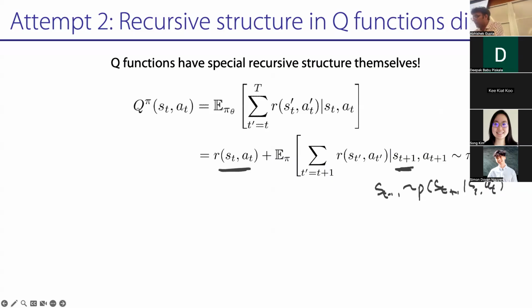And all the actions in the future are sampled not from the A that you specified, but from the policy. So a_{t+1} is sampled from your policy. This expectation is under pi, with the first action sampled from pi at s_{t+1}, and then I just follow the policy pi from there on.